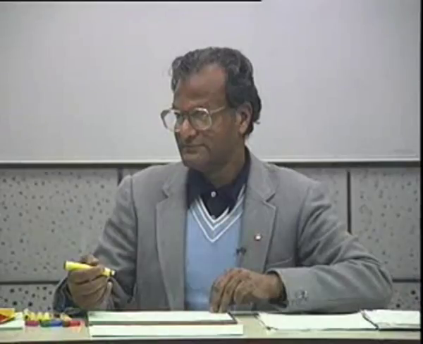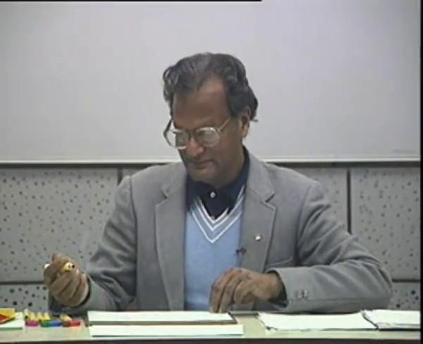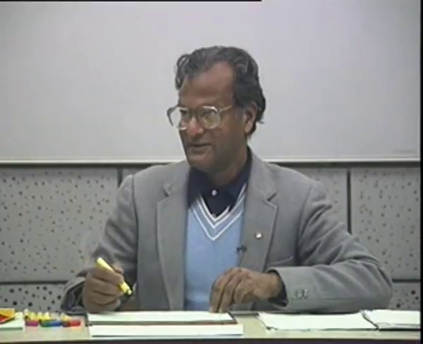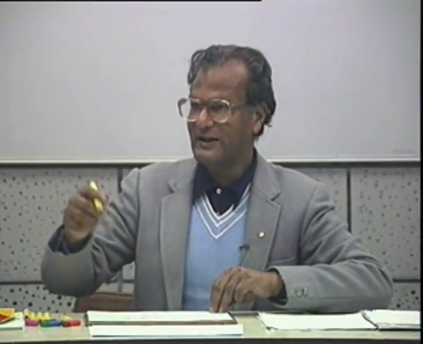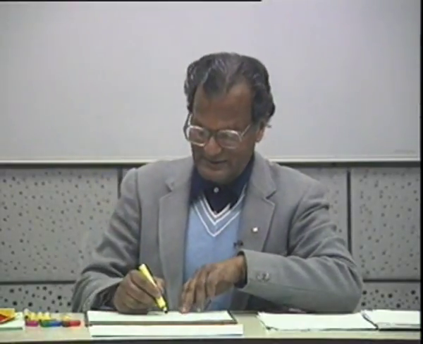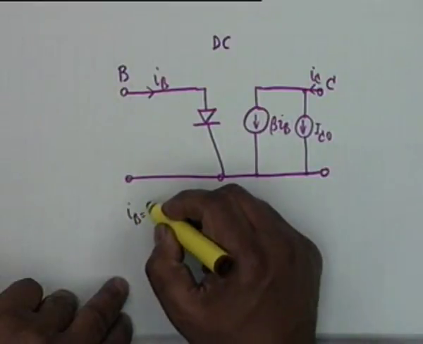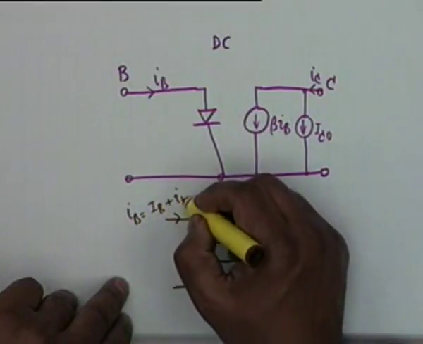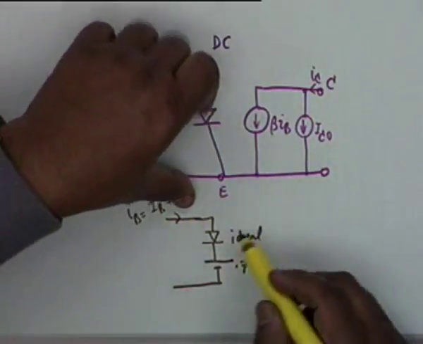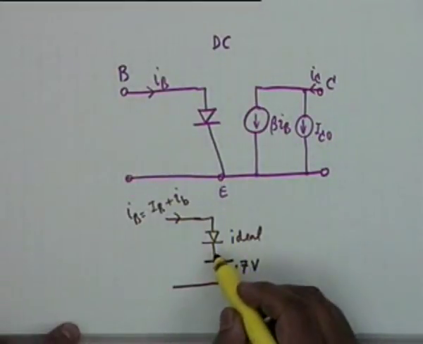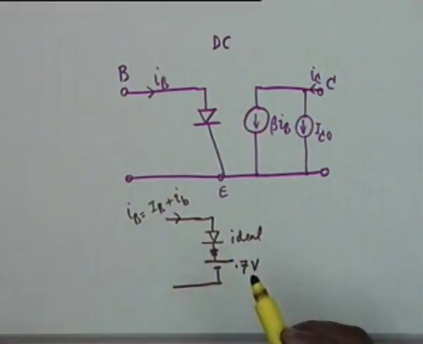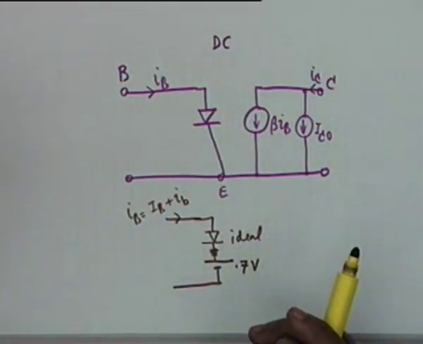Excuse me, sir. So this is a DC model, then why are we taking the incremental value of IB? We should take only the DC value. We have taken the DC value. The symbol used is only for AC, when there is an increment here. Suppose IB equals IB plus small ib. If small ib is 0, then this is the model. If small ib is there, then because both of these will be short circuits, in addition you have to consider a small resistance, which is the incremental resistance.